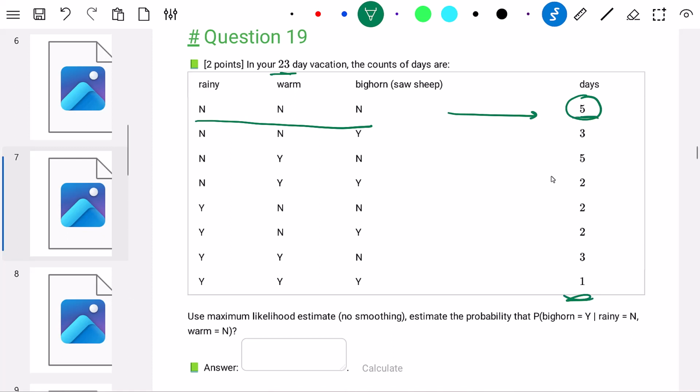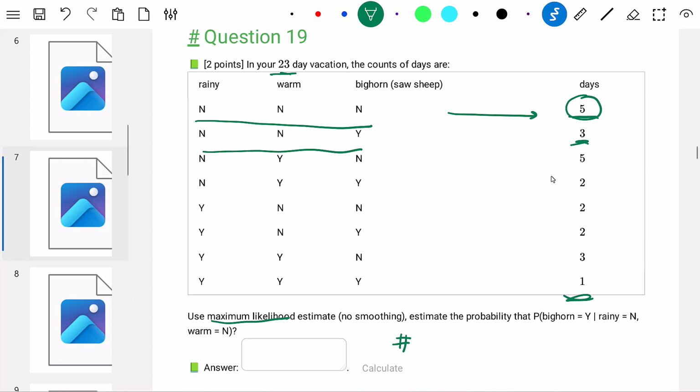These are basically the number of times each row is repeated. So when we add up the counts, we add up the actual number of days instead of just counting the fraction of times that these things happen. Okay, so here we're asked to compute the probability. Of course, using maximum likelihood, it just means count the fraction. So we're counting the number of times